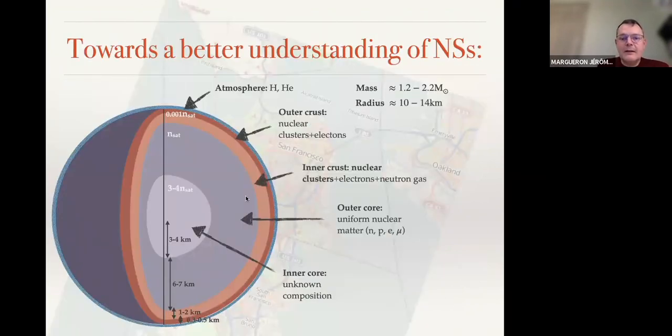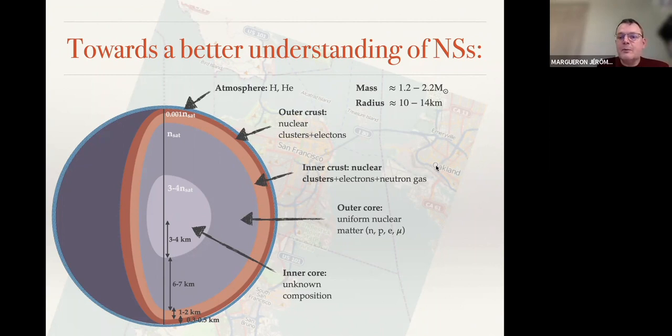Okay, so now that the motivation has been presented, I'd like to briefly summarize what we know about neutron stars and why a better determination or better understanding of the crust could help us go along this precision measurement. So neutron stars, they have mass